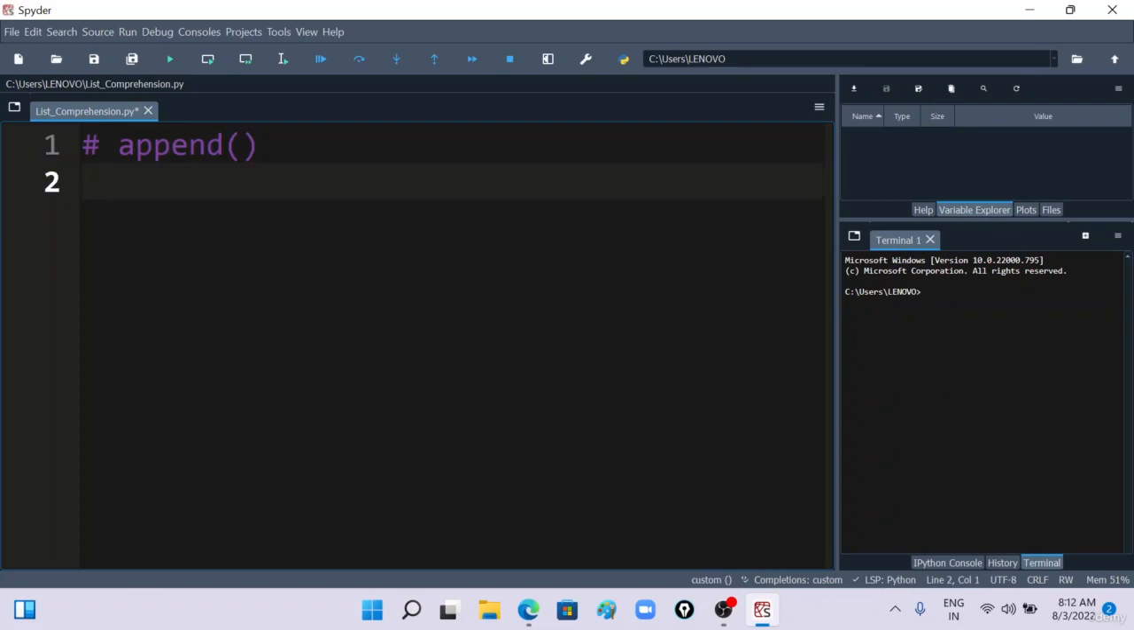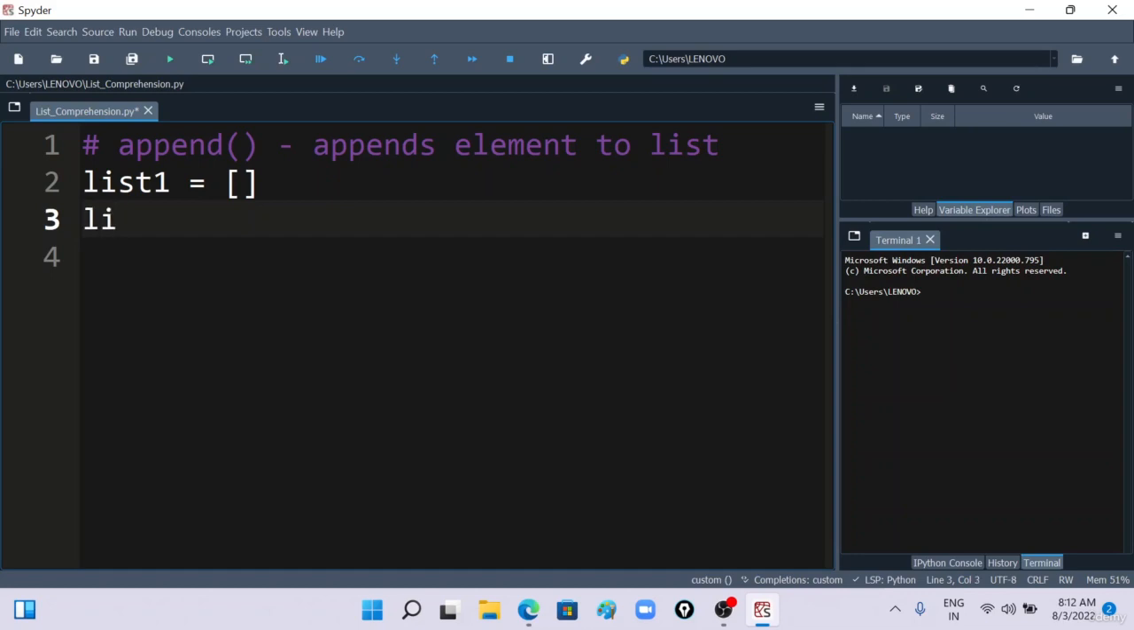So what is this append method on lists? Basically, as the name indicates, we're just trying to append an element into the list. So this appends an element to the list. Now let's take an example here. I'll take list1 is equal to an empty list initially. Now let me perform this append operation, list1.append(